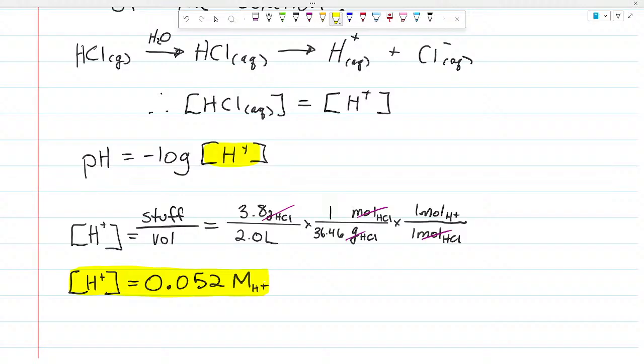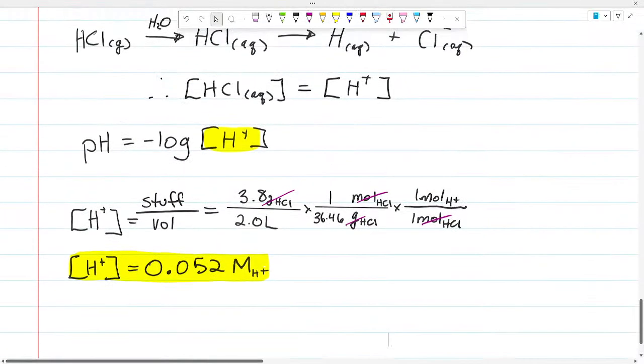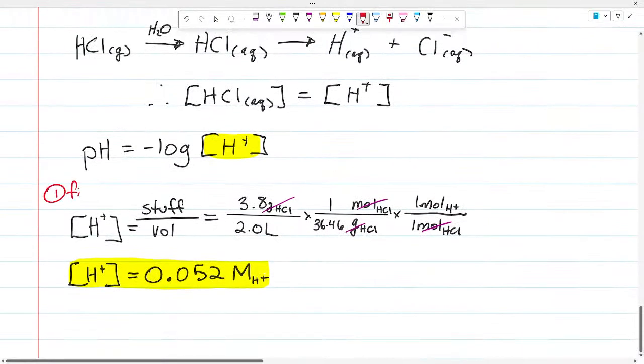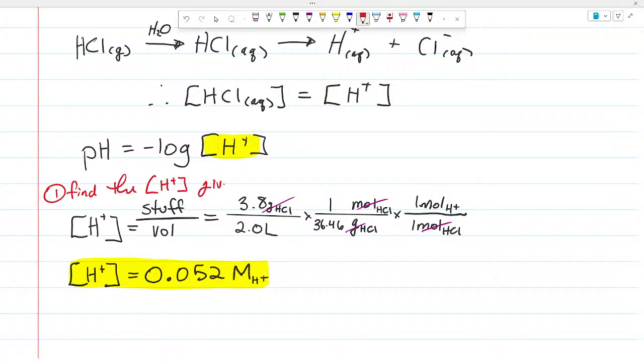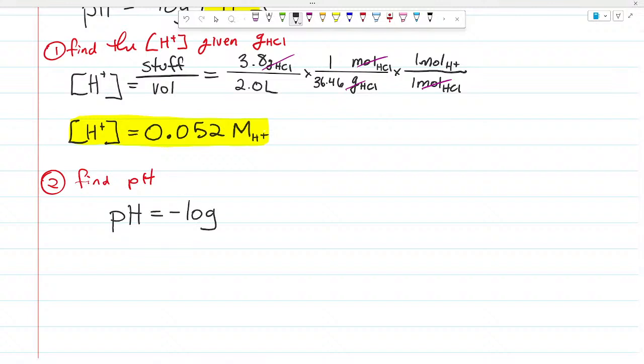All right, now that we know the concentration of H+, how do we get the pH? So if step 1 was find the concentration of H+ given grams of HCl, step 2 is find pH. And we'd say pH is equal to what again? The negative log of the concentration of H+, which means the pH is equal to the negative log of